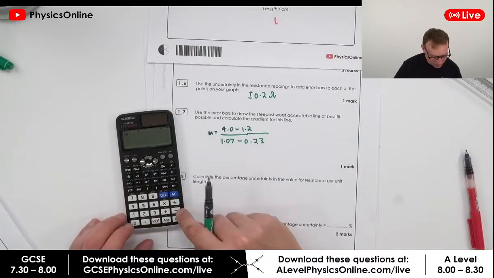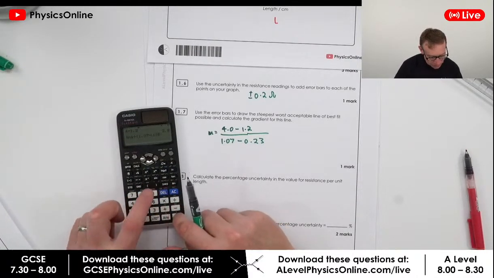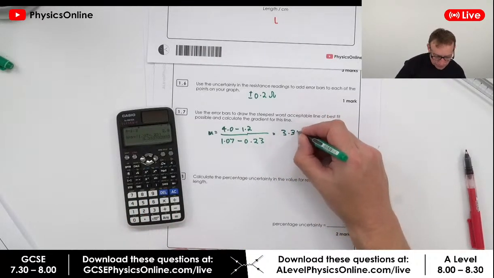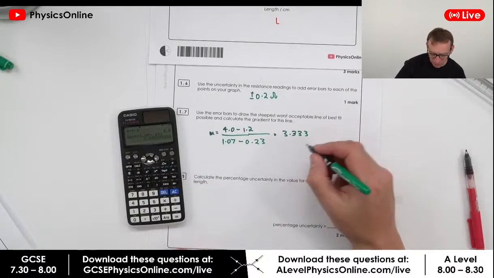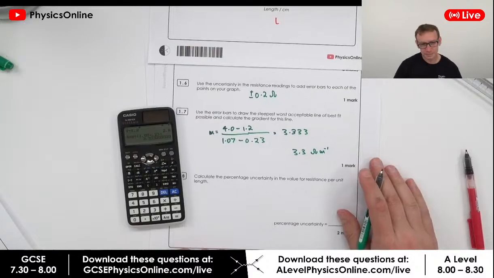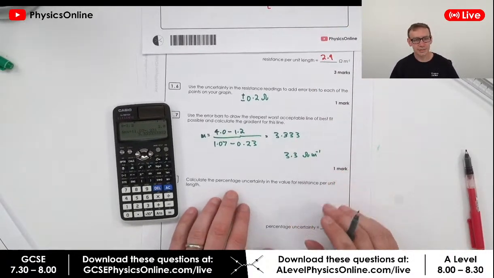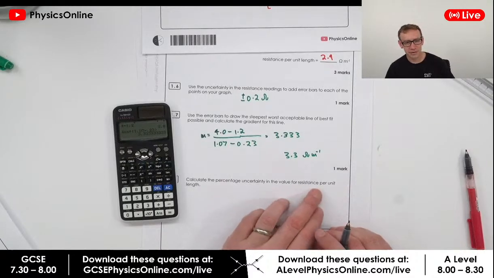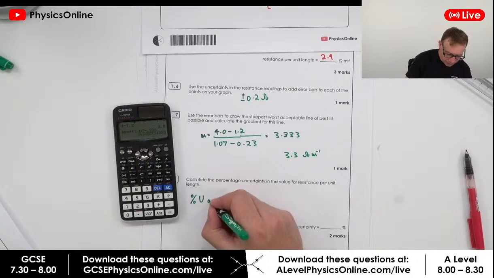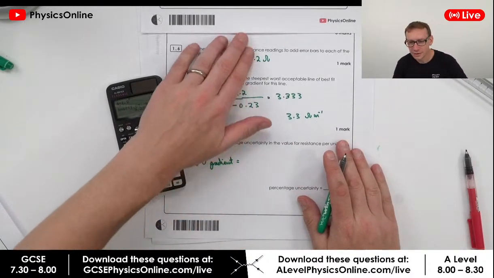Okay, so we're going to work out this gradient. 4 minus 1.2 divided by 1.07 minus 0.23 is equal to 3.333. So I'd say the gradient for this line is 3.3 ohms per metre. Okay, the next thing we want to do is calculate the percentage uncertainty in the value for the resistance per unit length. So what is the percentage uncertainty in the gradient? Well, this is going to be equal to